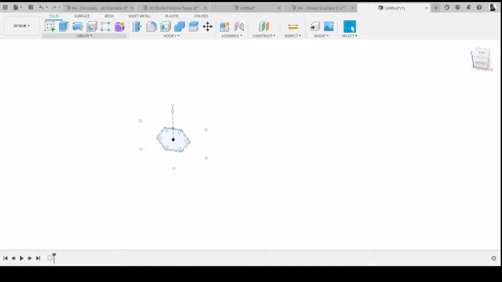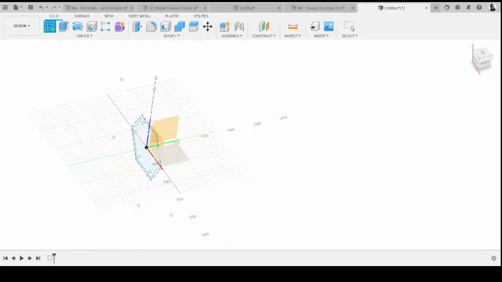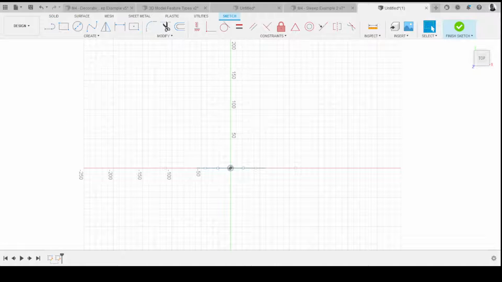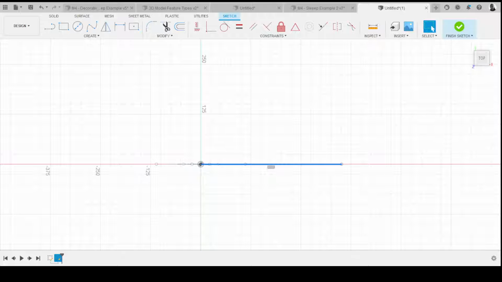So we need to create a sketch that is perpendicular to the profile. In this case, I'm going to be using this plane here, the top-bottom plane. That's the important bit. And then that turns the profile so we're looking down on it from above. The way I approached it was to create a construction line from the origin point, straight out to the right, a horizontal line, like that. Turn it into a construction line by selecting the line type and going over to construction, toggle it,